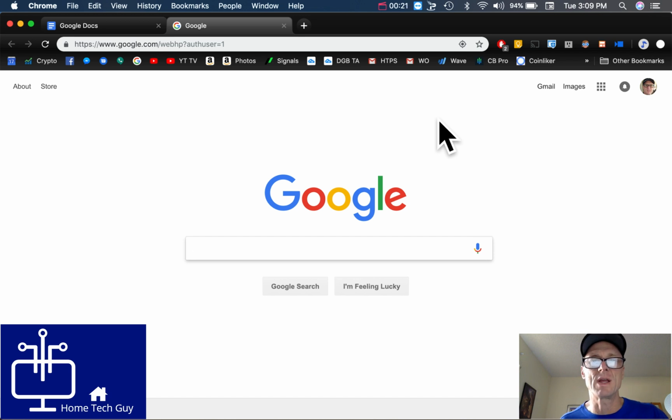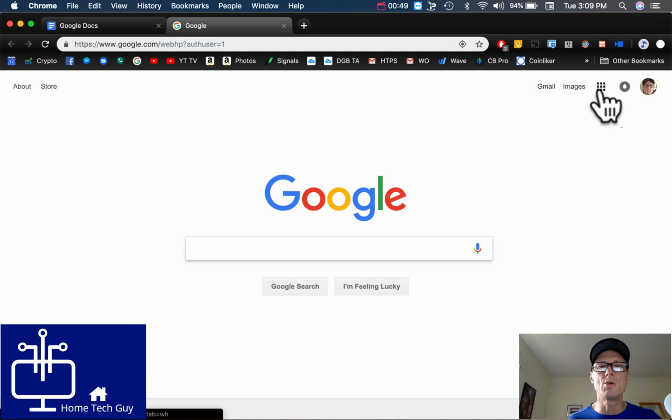You need a Google account to do this, and if you have a Google account, you know because you have a Gmail address. So if you have a Google account, then you have access to all of the free tools that Google offers, and one of them is Google Docs. And I will show you how to use Google Docs and how to save files and do different things like that in another video. But today, I'm going to assume you already know that you have a Google account, and I'm going to show you where to go to Google Docs and type with your voice and create a document